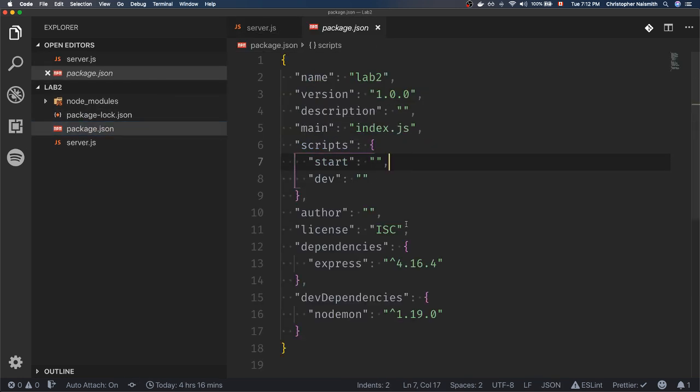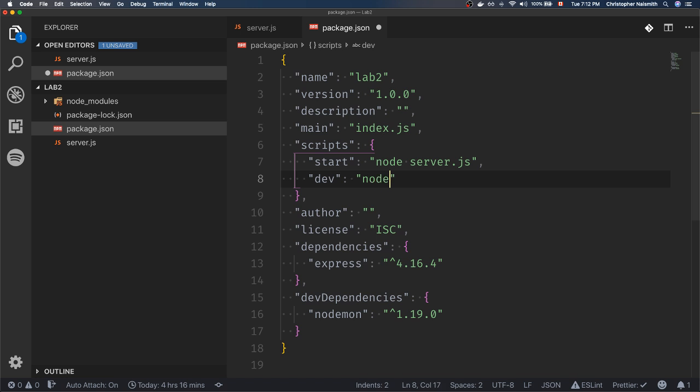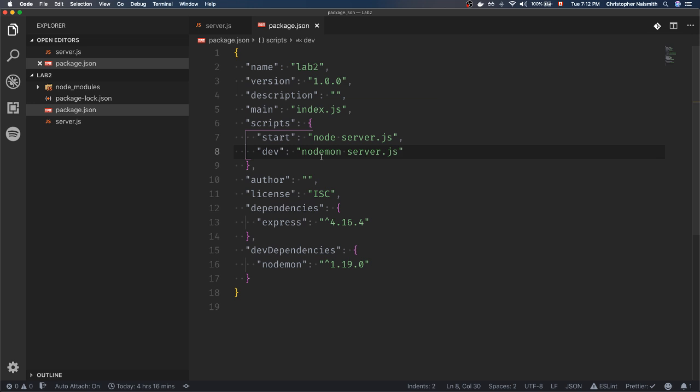All right. So to run our application, we always run node, and we can run start with node server.js. And then for dev, which is going to be our dev server, we're going to run nodemon server.js. So they're exactly the same syntax, where you just have your command and then the file that you're wanting to run, and then same thing with start with node and server.js. So if I save that,